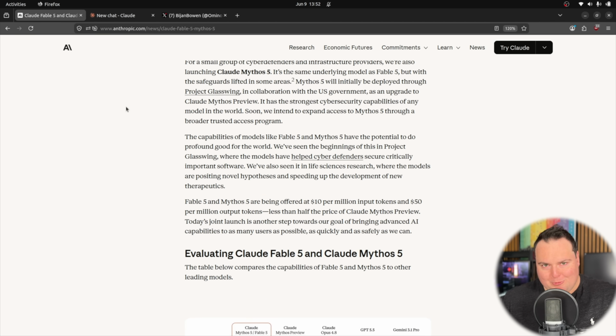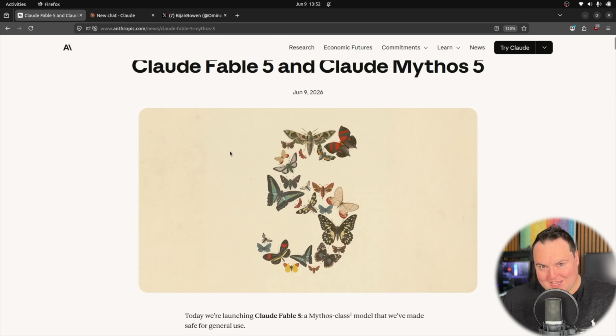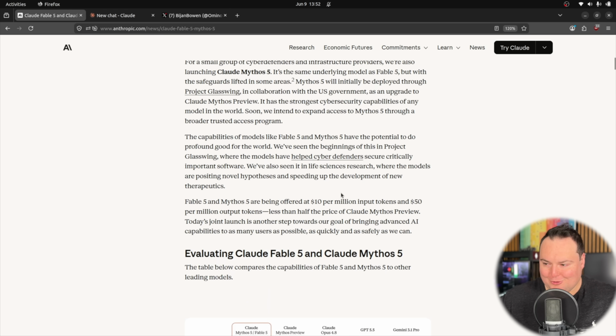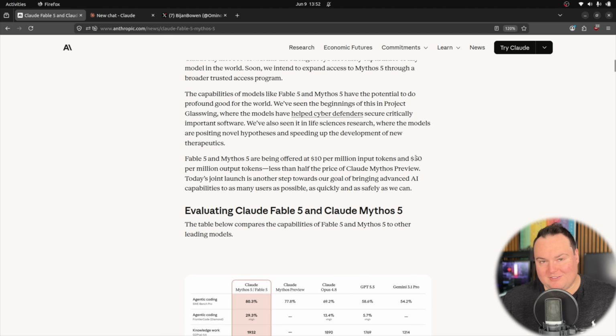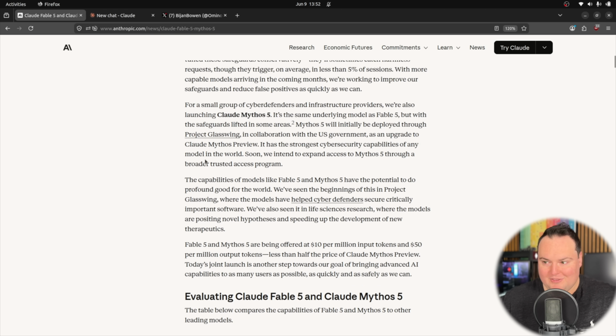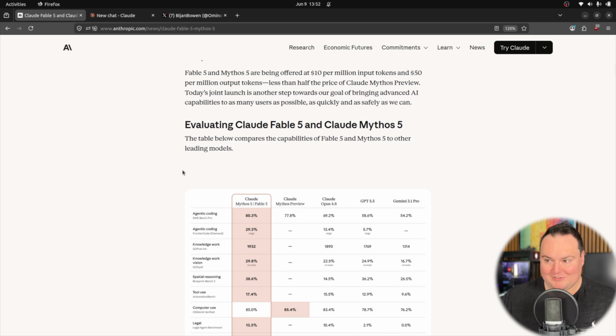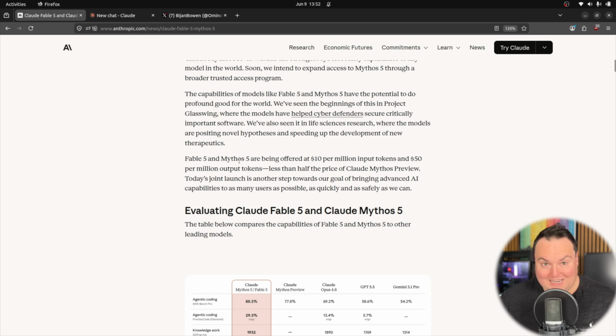Now, pretty prominently listed here in the beginning of the announcement post is the price. So it's shown right now as $10 per million input tokens and $50 per million output tokens, which, don't get me wrong, is expensive. However, it's a lot cheaper than a lot of folks were estimating this was going to be. I'm even surprised that this is not over $100, and based on the purported capabilities of this model, that seems to be quite a decent deal.